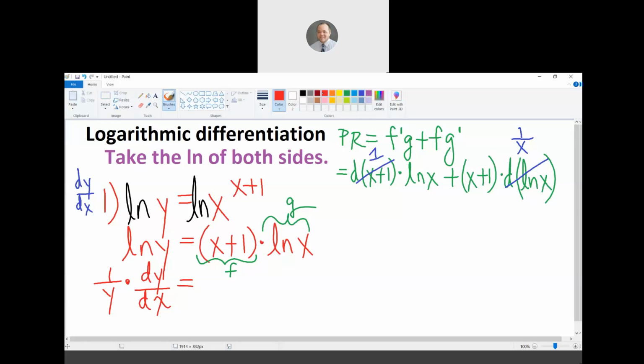So let's bring down everything. We have natural log of x times 1 is just ln x, plus 1 over x plus 1, times x,